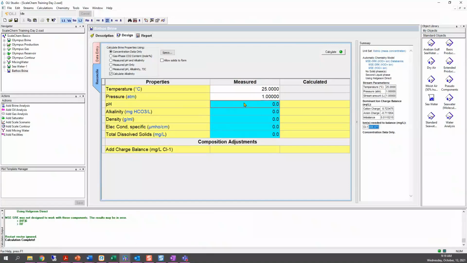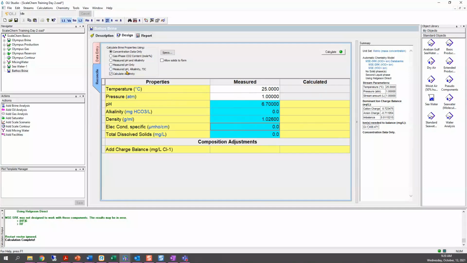The pH of this sample was measured to be 6.7, and the density value given is 1.026. Nothing else was given, just those two measured properties. The software will calculate the other properties even if we don't have them.